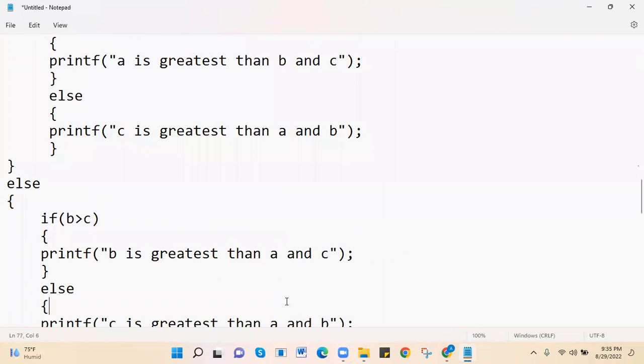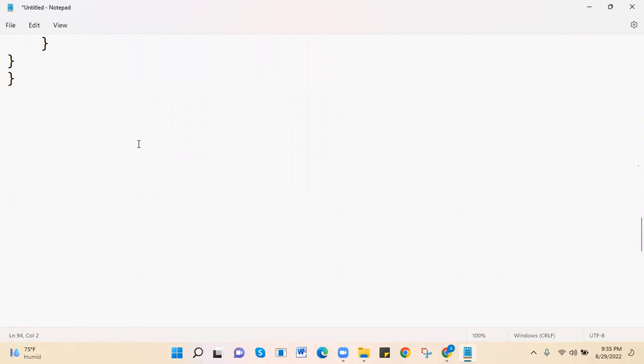This is about nested if. Now we have one more if statement: if, else, if. When you want to check multiple conditions, at that time use if, else, if. For example, I want to check the grade of a student. If he got more than 90 marks, his grade is A. If his marks more than 80, then his grade is B. If he got more than 70, his grade is C. Like that. Multiple conditions. At that time use if, else and